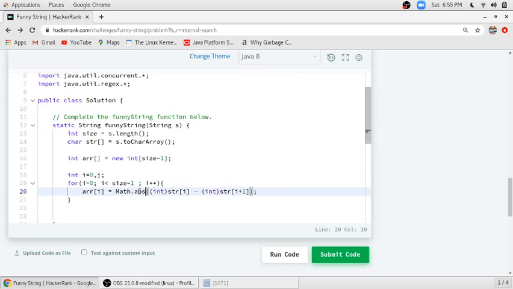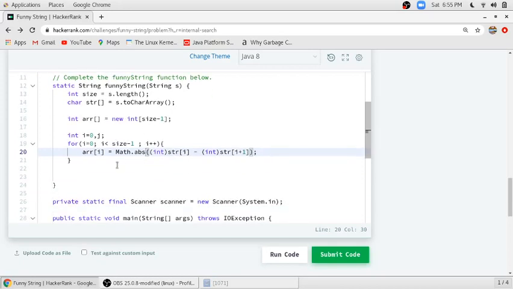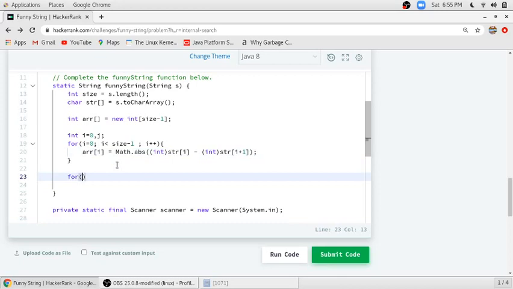So this for loop will return us an array with the differences between the adjacent characters. In the second for loop, we will check whether the difference array of the reversed string and that of the given string are the same or not.